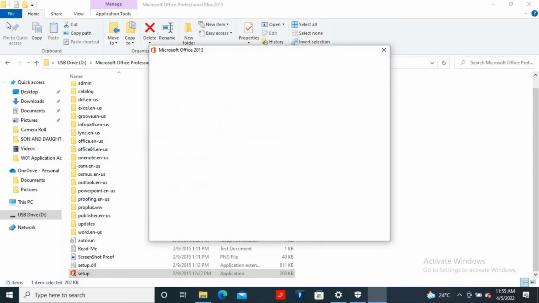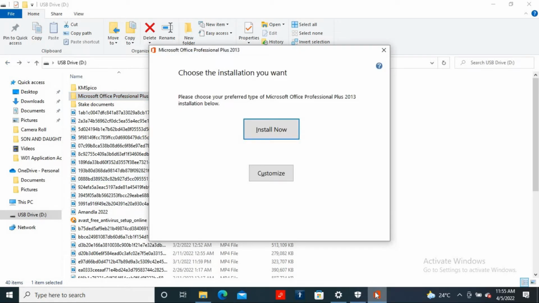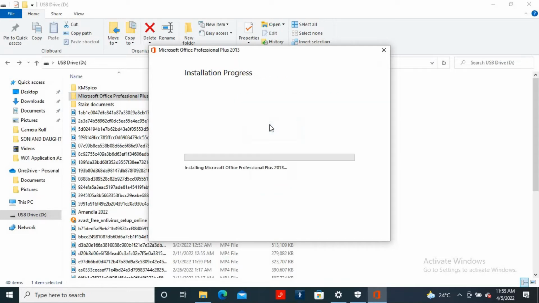And then we'll just go back right here, and we'll go down there and open up this screen of Microsoft Office 2013 Professional Plus. Don't customize it, rather install the standard, and then it will install. All right,